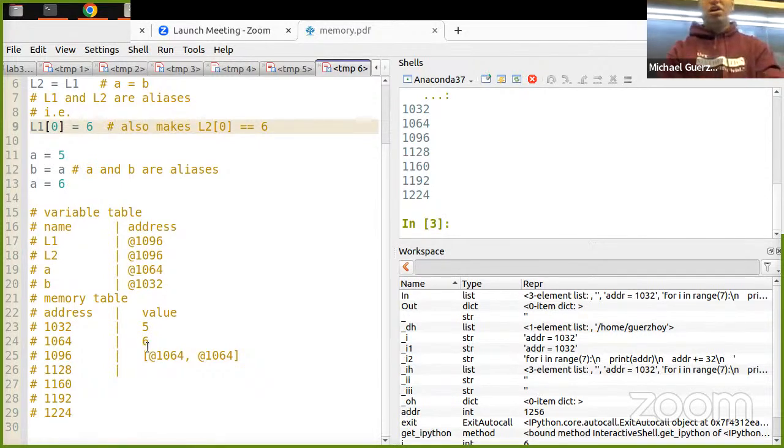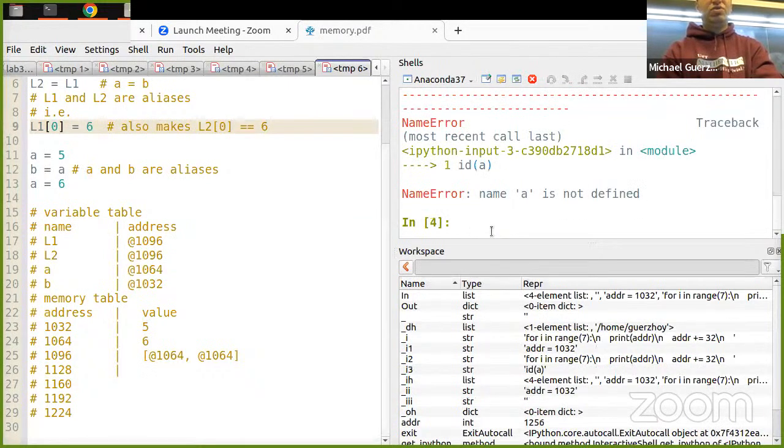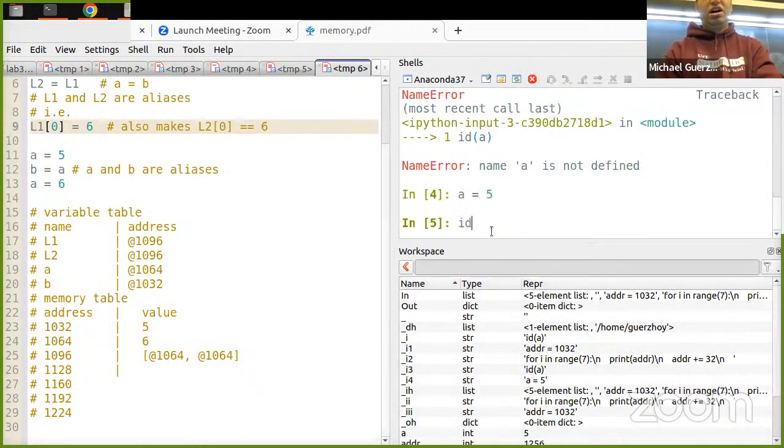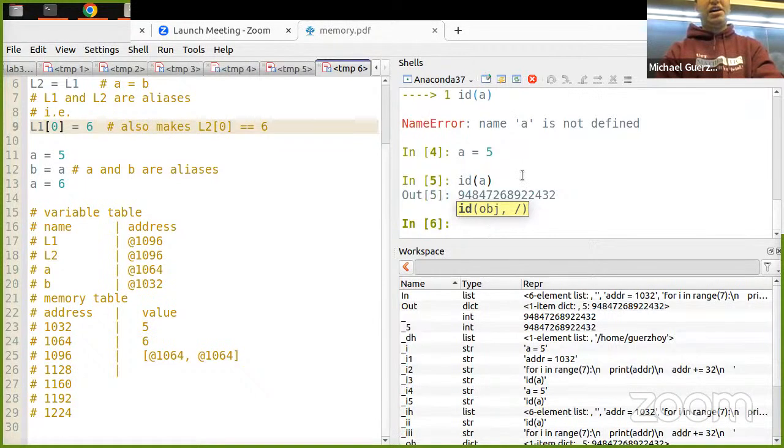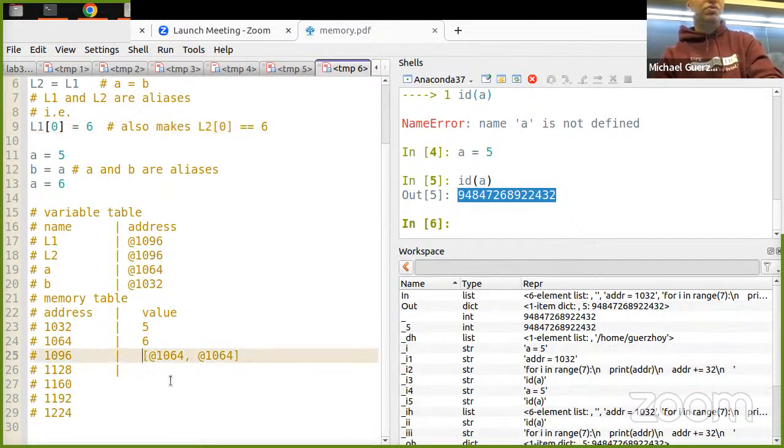Yes. If you remember, you can ask for, for example, ID of A. Well, A is not defined. So you can ask for ID of A, and that's going to tell you where A refers to. There is not a universal way to query every possible cell, but for every variable, you can check what it refers to.